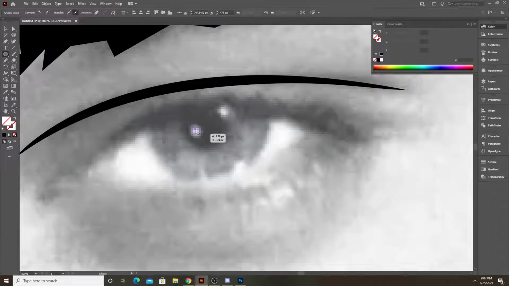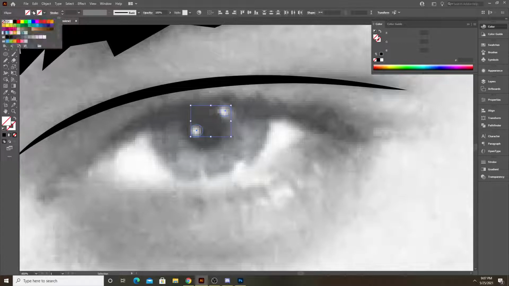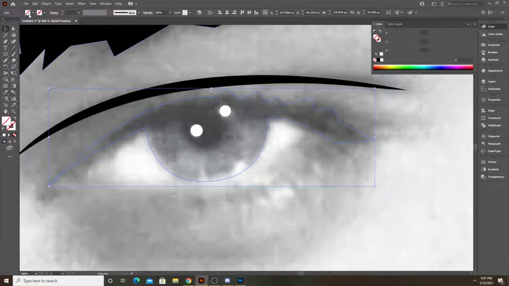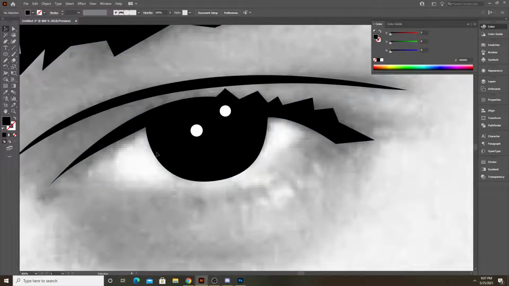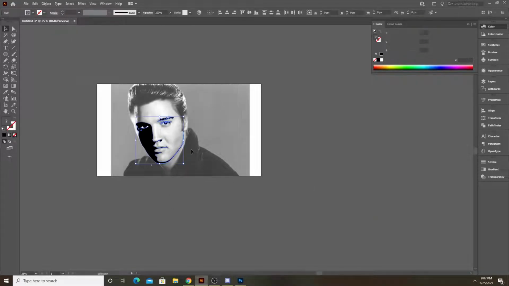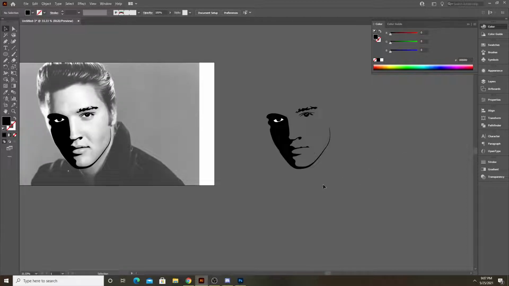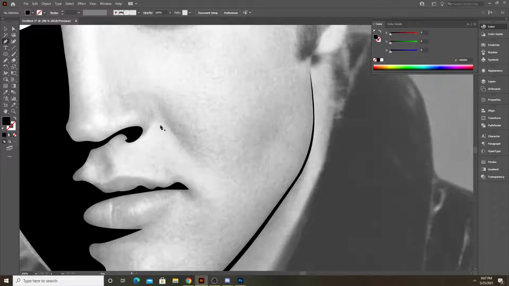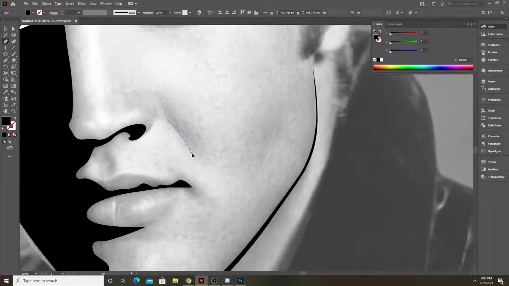And let's include some of these highlights here. So I'll paint these white right now so they don't get lost whenever I paint the rest of it black. Okay, so if I just move this to the side right now, looks like a person. Maybe you don't recognize it as Elvis yet, but if we add a few more details, like maybe a slight shadow right here,